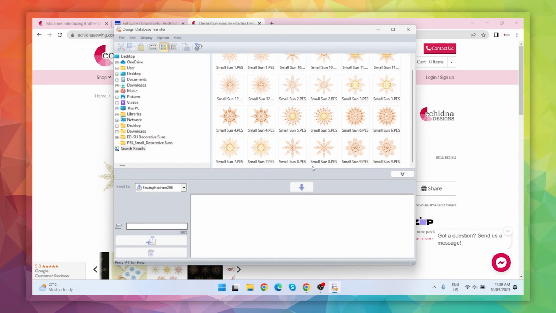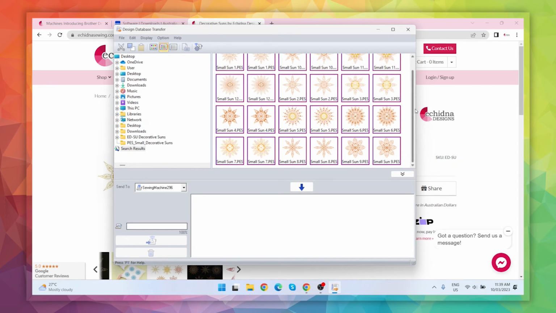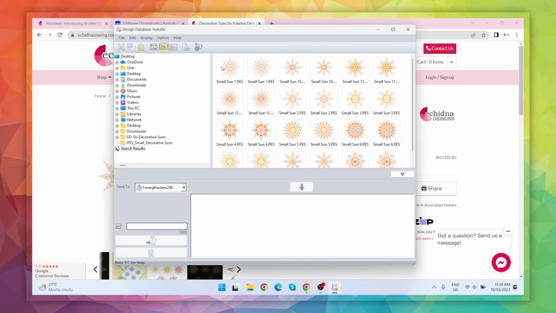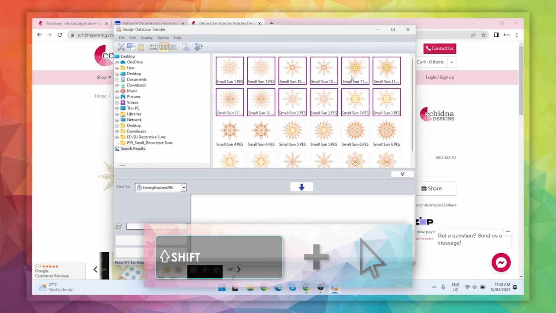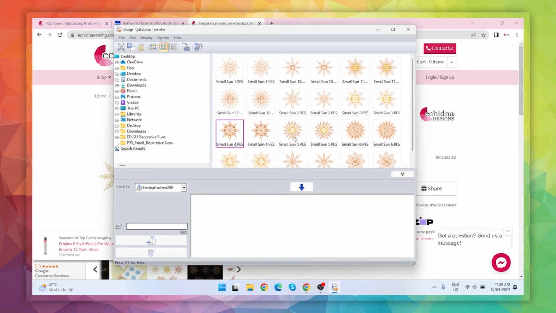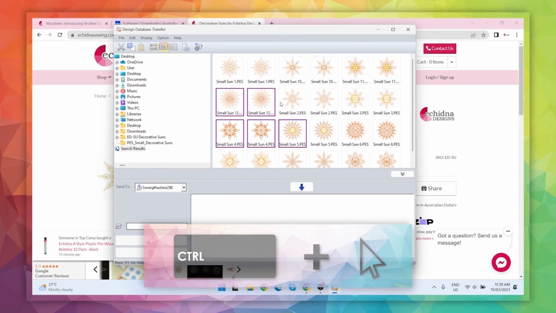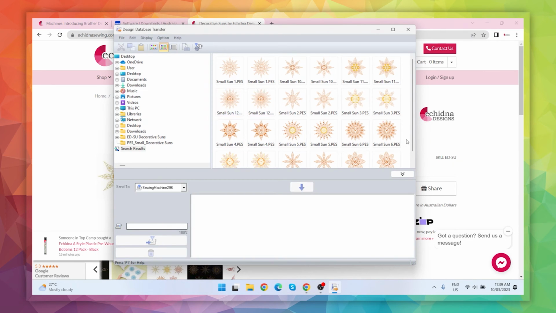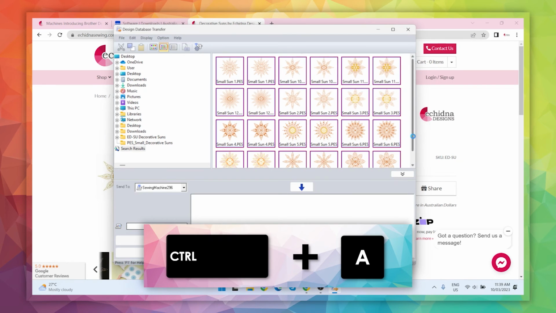So I actually want all of those to be sent to my machine. So I'm going to select them all. You can do that by clicking and dragging. I can click on one and then shift click on another to select all of those between those two designs, or you can just click them individually, or you can control click to add them individually as well, like that. Okay, but I'm gonna click Control A to select all of the designs,